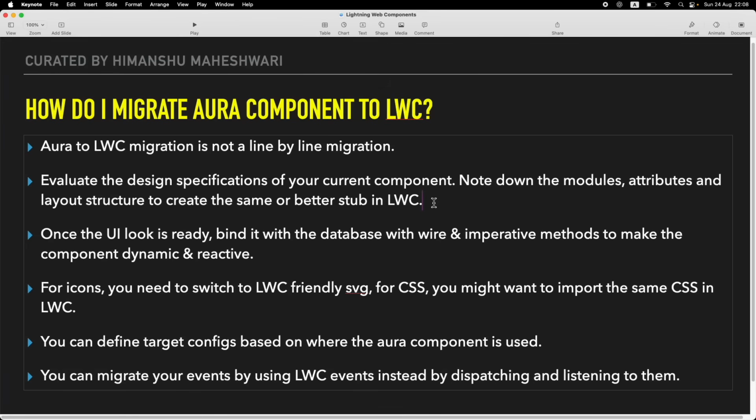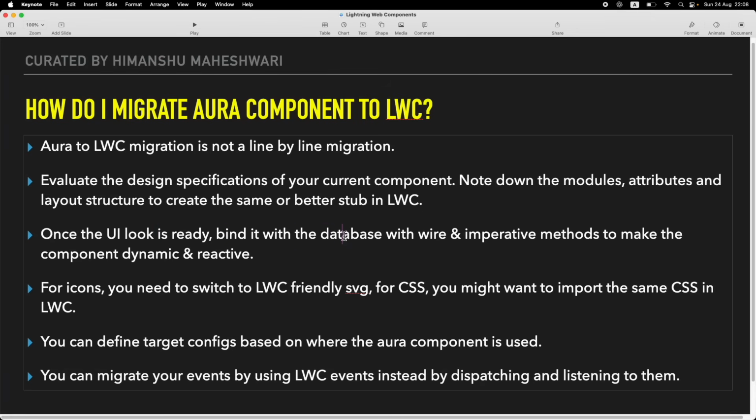Okay, I have these 4 child components inside this one parent, and I have 12 fields that are shown here, and there are 2 events that are being called. One of them is application, one of them is component, and I'm doing some error handling here. So you've noted all of that down. And now with your knowledge of LWC, you'll try to create a plan around how you will develop it in LWC. Once the UI look is ready, as in the look and feel is ready,